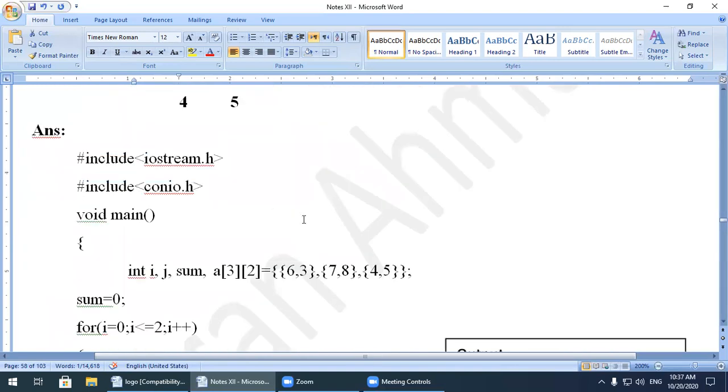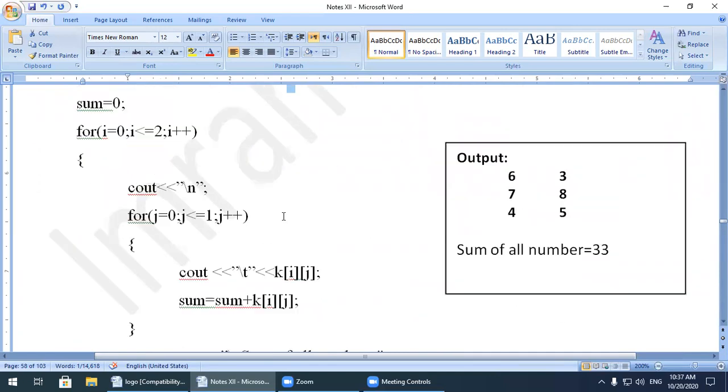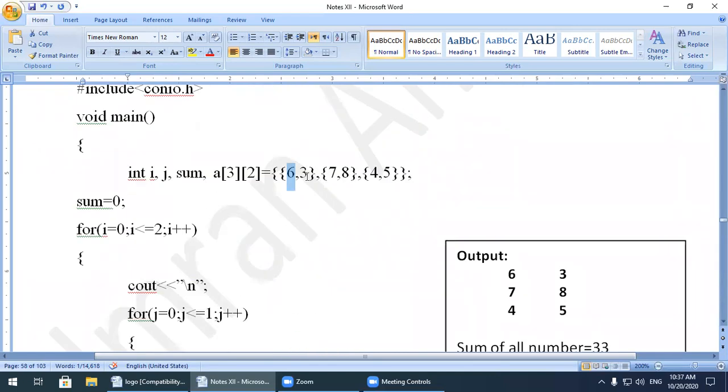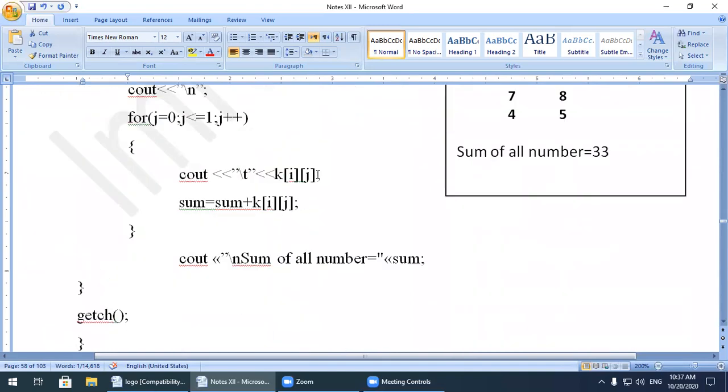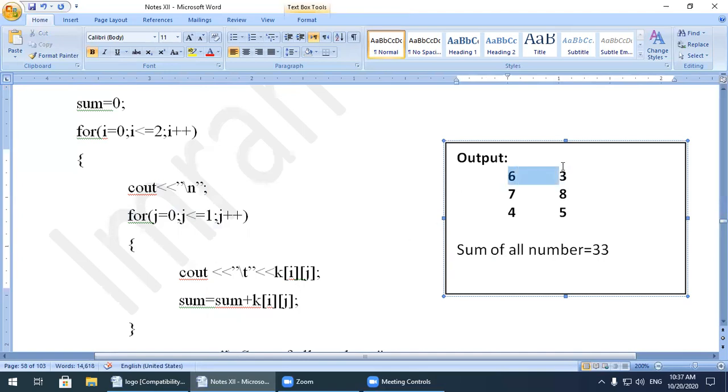Which element is present at 0, 1? 3 is present. So 3 will be displayed like this in tabular form. This is executed, and sum will be counted.